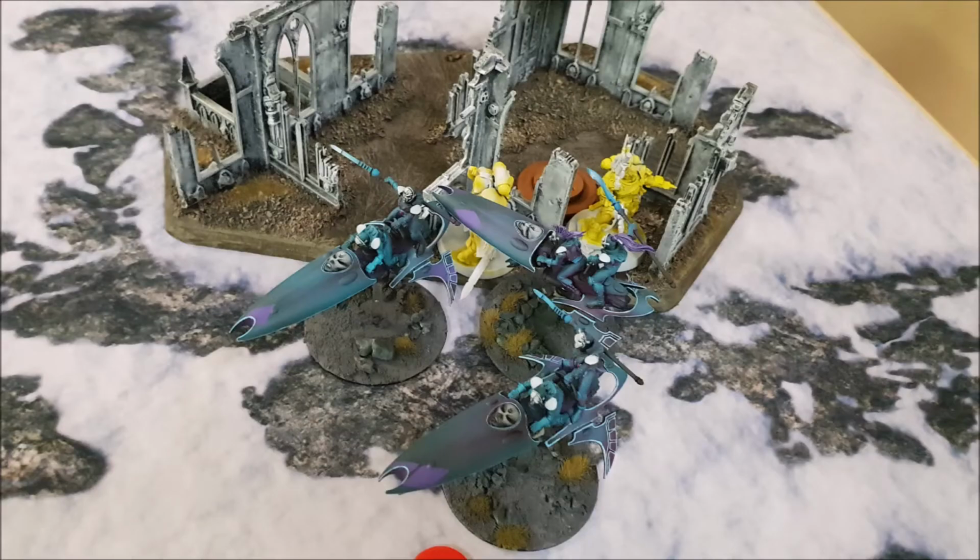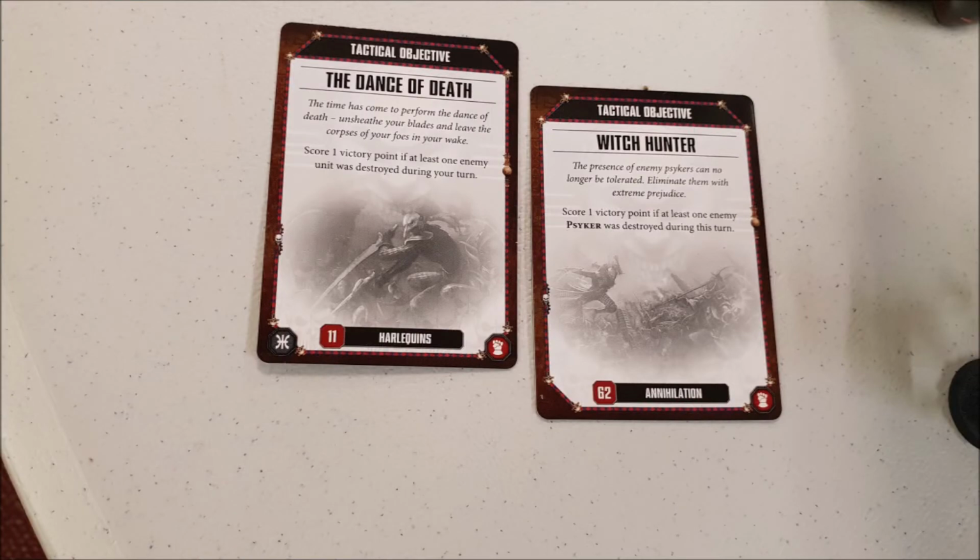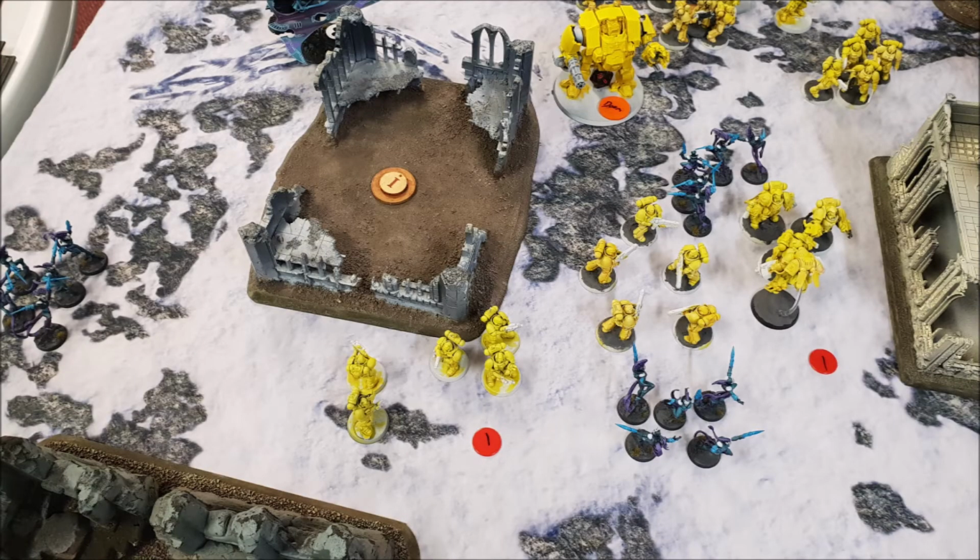The Librarian and Captain kill a couple of bikes over here. My turn 2, and I draw the Dance of Death and Witch Hunter. God knows what my opponent's cards or score is, since I'm apparently too dumb to remember to take those pictures. I disembark my 2 troops, and bring in the